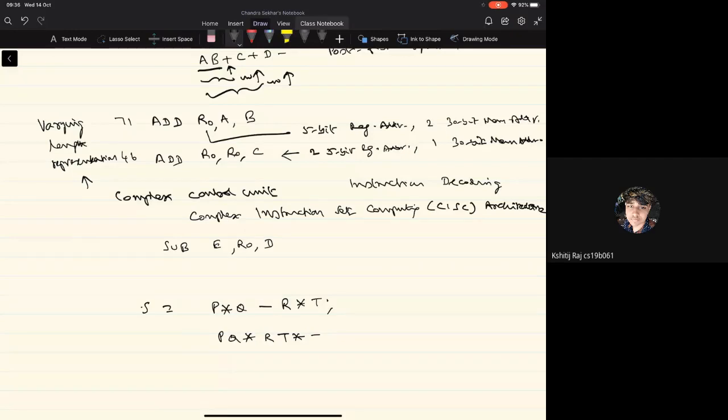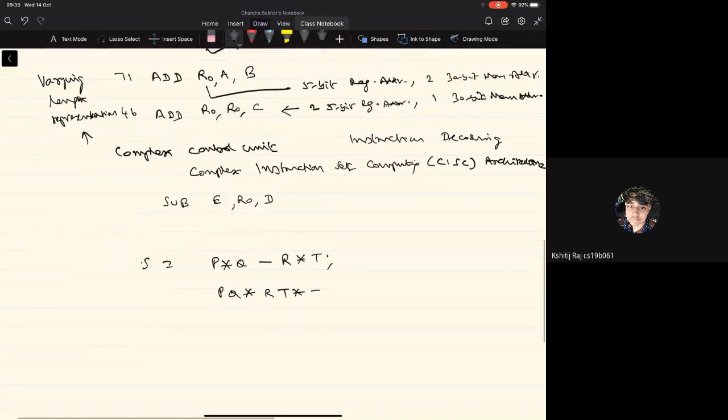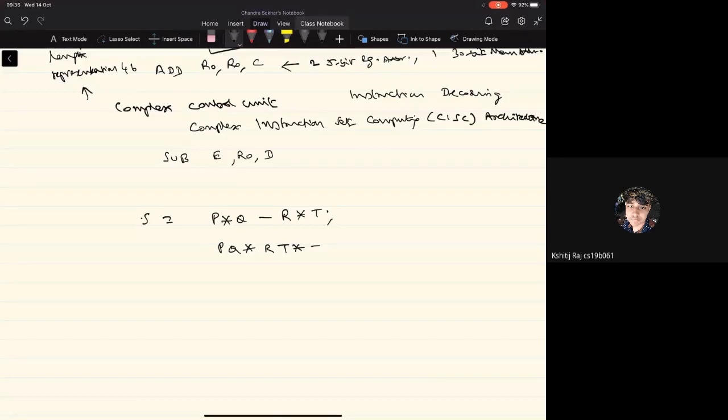So this is where the conversion of a given arithmetic statement into the postfix form is very, very important. Again, typically this is done by the compiler. So what is the sequence of instructions for this now? First, we have to perform the multiplication operation. I'm not worried right now about whether they are integer operands, unsigned integers, signed integers, or real valued operands. Accordingly, the mnemonic will be different. I just want you to keep that in mind. But here we'll use a generic mnemonic to represent the multiplication operation. So we perform the multiplication operation on P and Q.